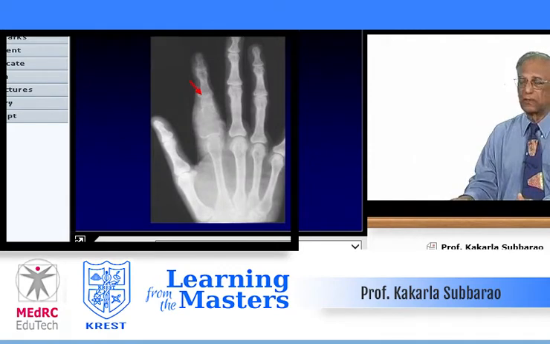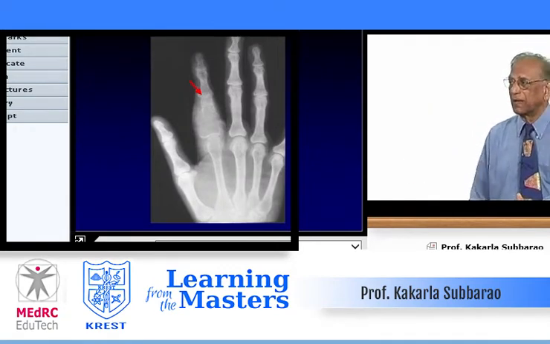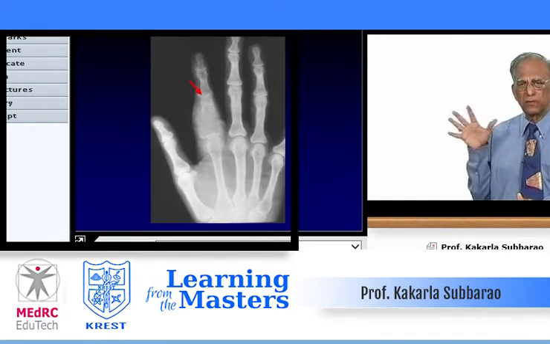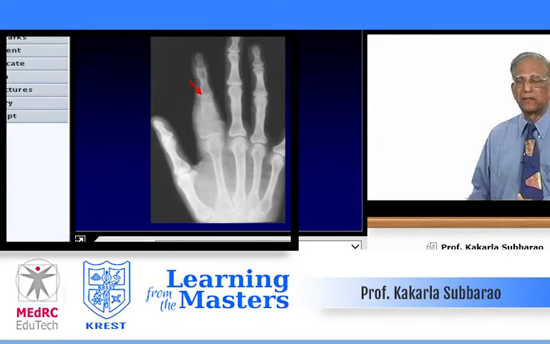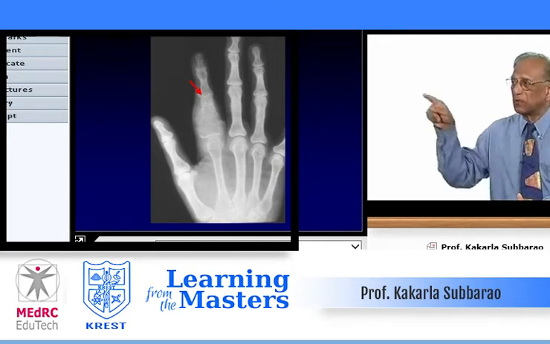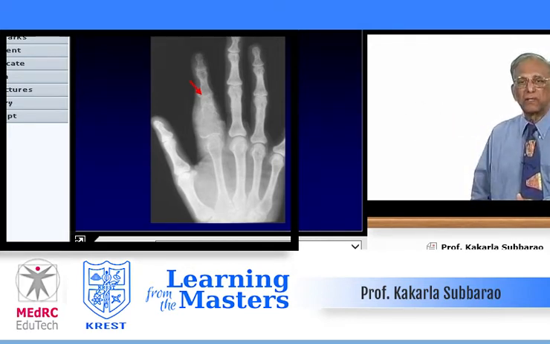Well, generally you may take another hand. Because of the suspicion of hyperparathyroidism and a brown tumor, you take radiology of the hand. And that typically shows subperiosteal resorption of bone, characteristic of hyperparathyroidism. We don't know whether it is primary or secondary. But if you look at the proximal phalanx of the index finger, there is a ballooned out lesion looking like